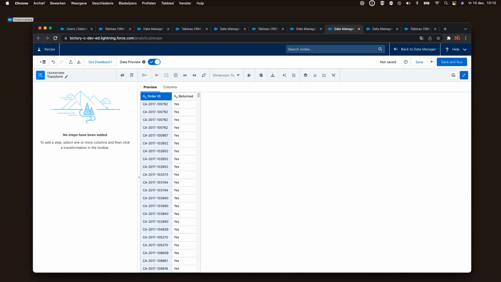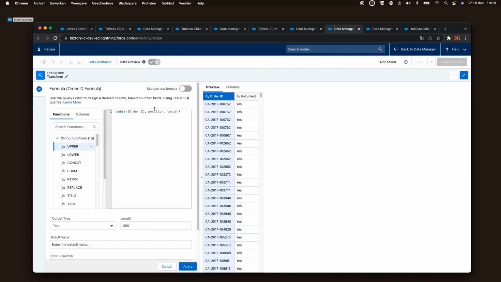Good. Now I need to do the same thing on returns. So I click on the node, click transform, and this time let's try to do it differently, not doing it in this two-step split, but let's do it with this substring formula. Having said that, during this session, I will not give you a lot of examples on all types of formulas you can do in the recipe, but all the